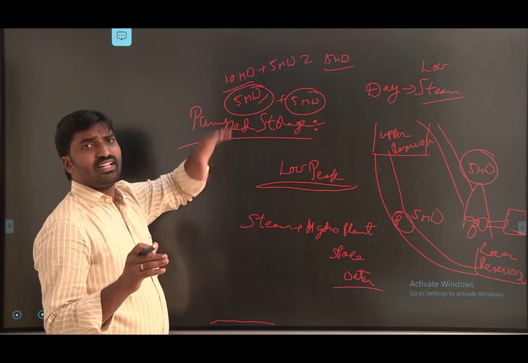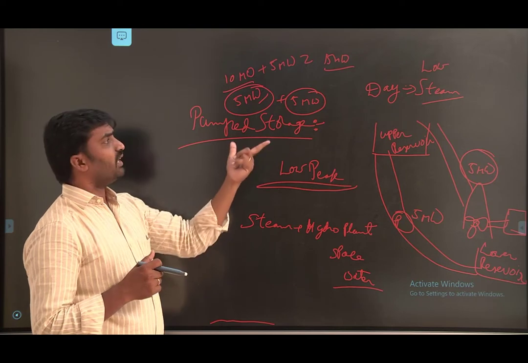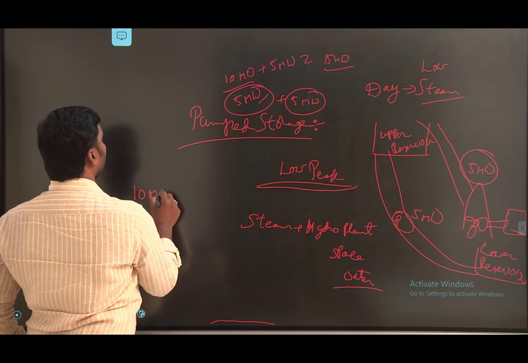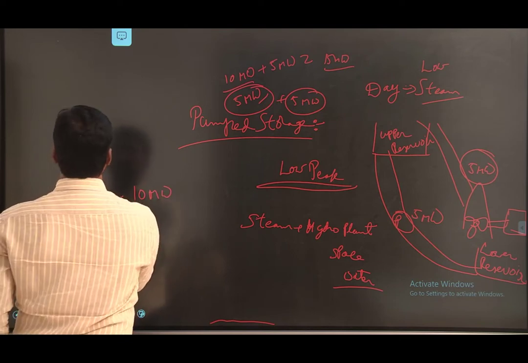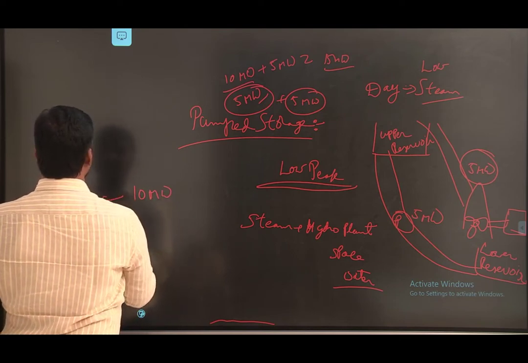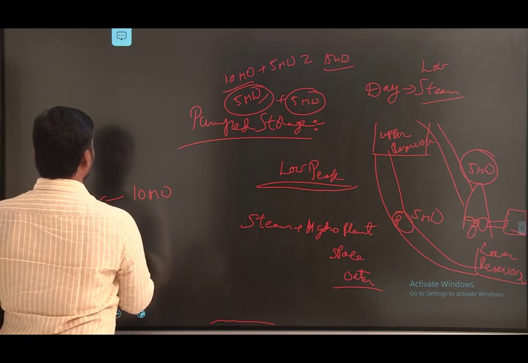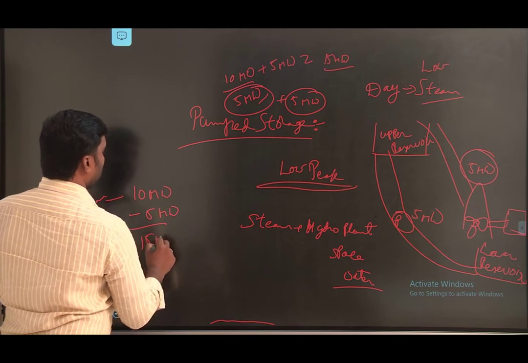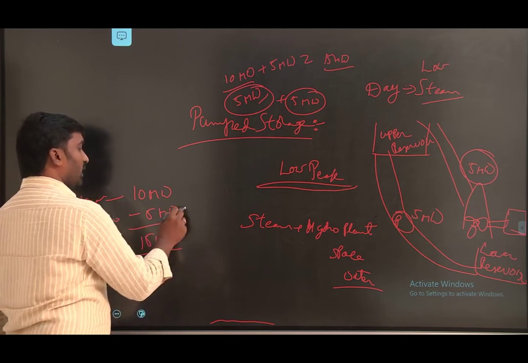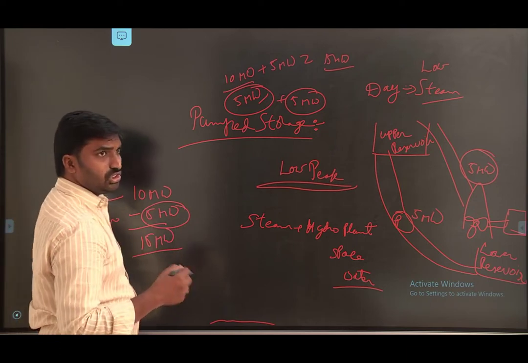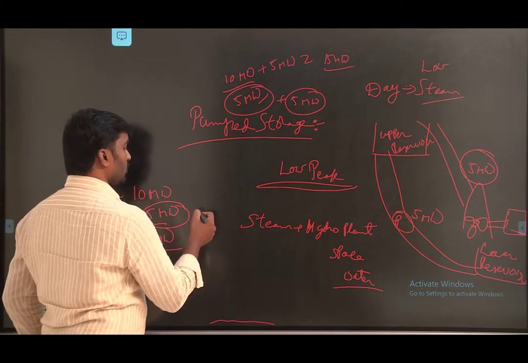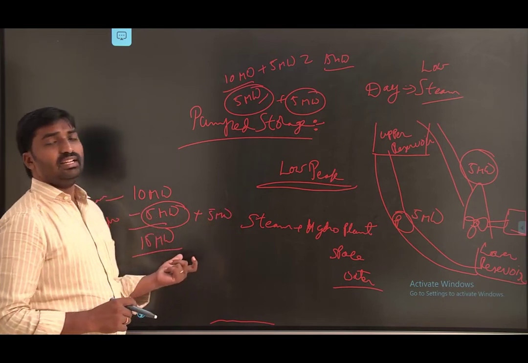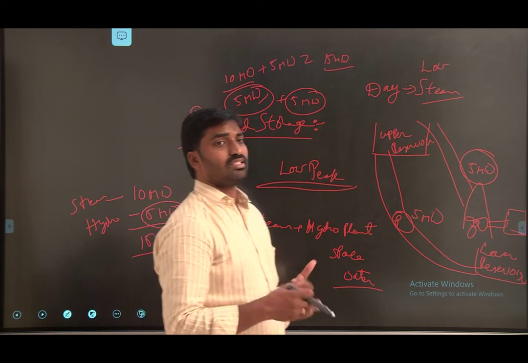And at night time we require 15 megawatts, but the capacity of the steam power plant is only 10 megawatts. So at night we utilize both the steam power plant and the hydroelectric power plant capacity of 5 megawatts, which gives a total of 15 megawatts. But for this 5 megawatts of power generation, we consumed 5 megawatts of power in the daytime. So that's why the night electricity cost is very high.